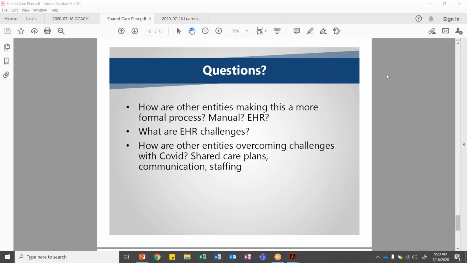But for them, they are required to get a release of information from those patients because it is protected information, more so on the substance use disorder side and on the behavioral health side as well. Merit is working on establishing those releases of information for those patients who have identified as having a primary care provider, and they do education on the benefits of having a shared care plan, not only for the providers, but also